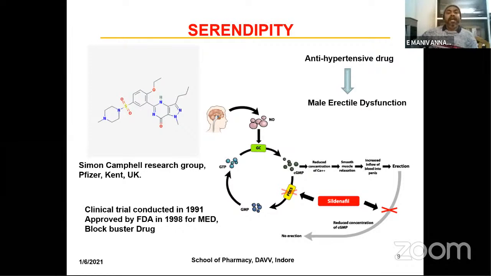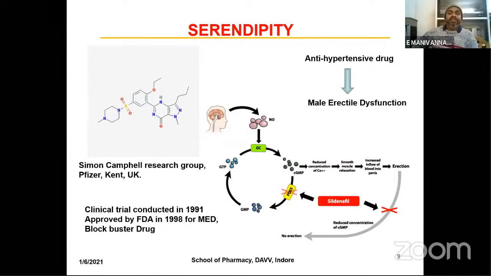Group leader Simon Campbell's research group prepared a research project for the identification of antihypertensive drugs, blood pressure lowering compounds, at the Pfizer site in the UK, and through this program they took the PDE3, phosphodiesterase 3 enzyme, as a target. After several years of research, they were able to identify one potent compound,